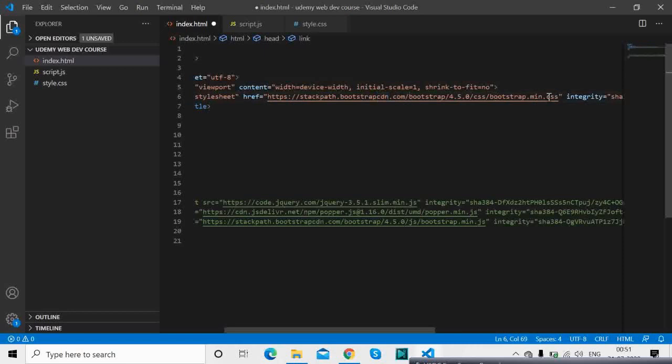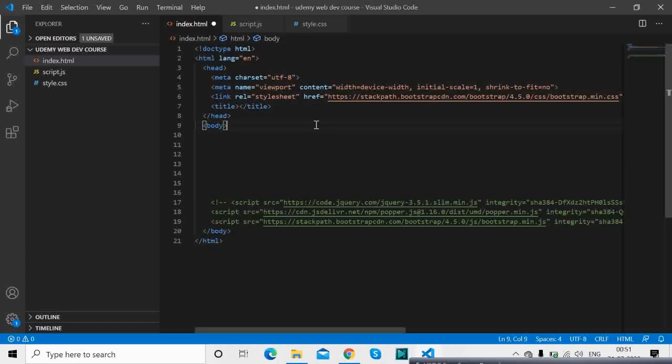It's not mandatory to download and install it, but if you want the page to load faster, you can always download that file from their website and include it in your project.